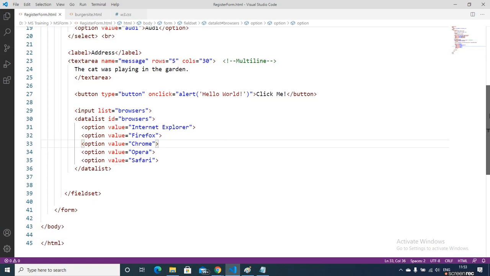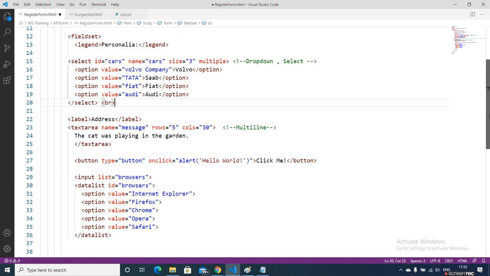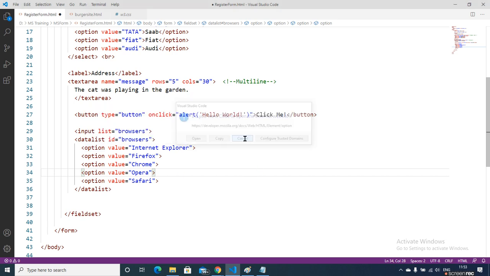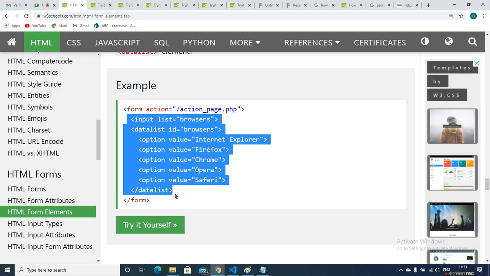Okay, and this is our select. We also call it a drop-down. People use different kinds of drop-down or select. And here this is our datalist. Using the datalist, we pass the options and we have the ability to enter a few more details in that.